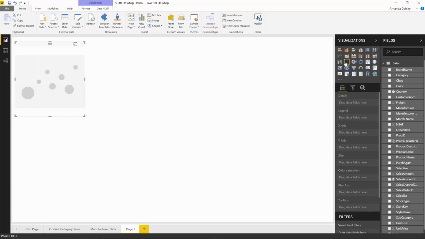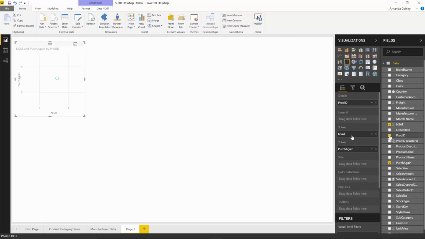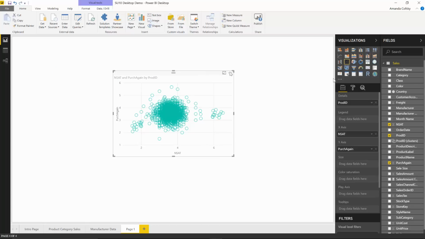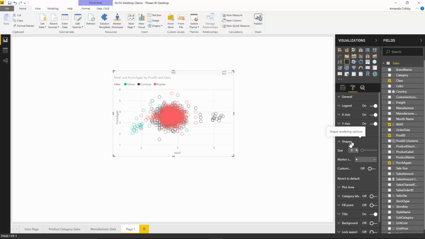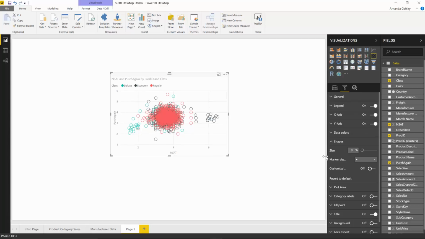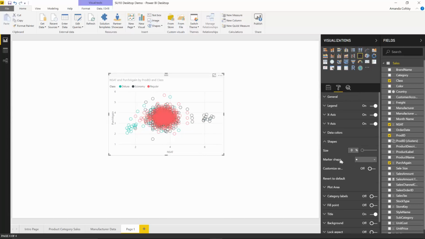So I'll select the scatter chart and add net satisfaction and purchase again to the axis and product ID to the details bucket. And then I will add class to the legend. And now when I go into the formatting pane, in the shapes card, in addition to being able to increase the size of the points if that's something I wanted to do, I can also change the marker shape. So by default, it's a circle, as it is today, but I can also switch it to